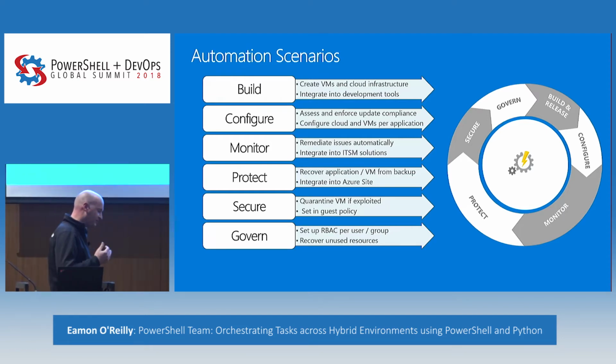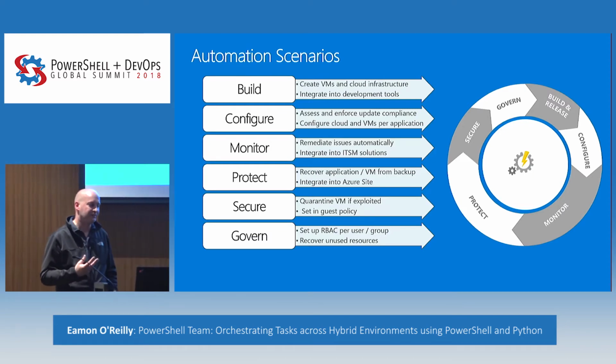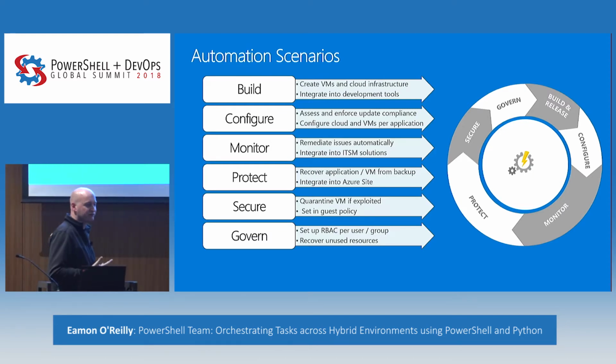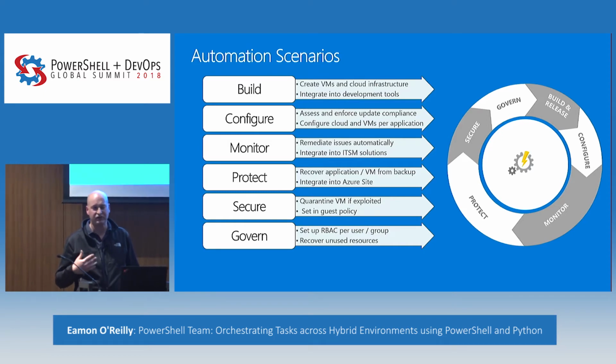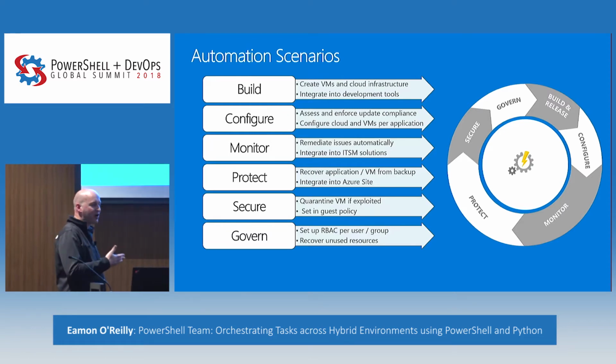And so what we built was, as we start thinking about the life cycle, what do we need to do so as you're building out your infrastructure, you're building out your applications, how do we make sure that automation can plug seamlessly in there? If you need to configure those resources, so maybe you're using DSC to configure the guest resources, or maybe you're not, and you're just going to do it using imperative PowerShell. All of those capabilities can actually be applied from the service and touch each part of the life cycle of